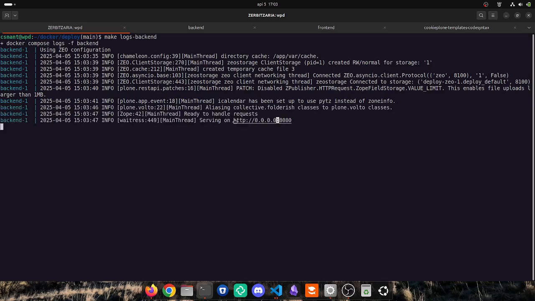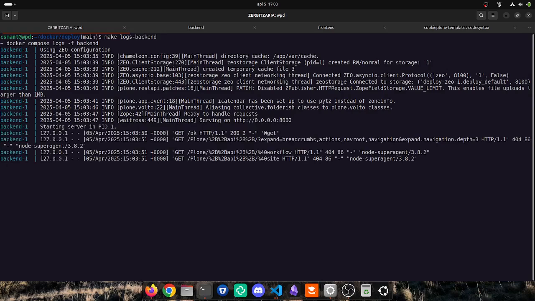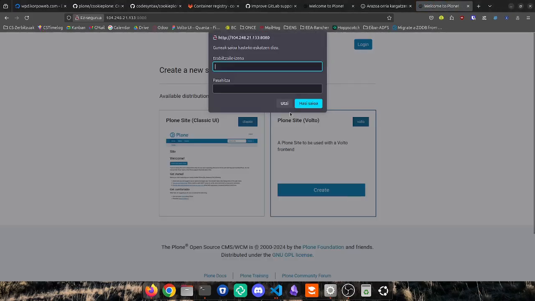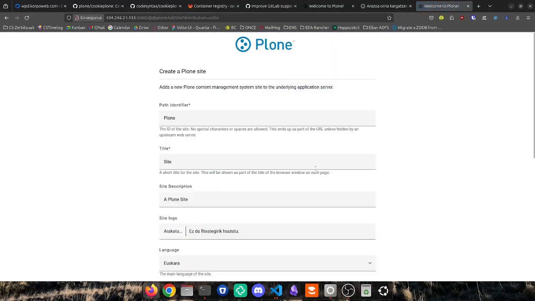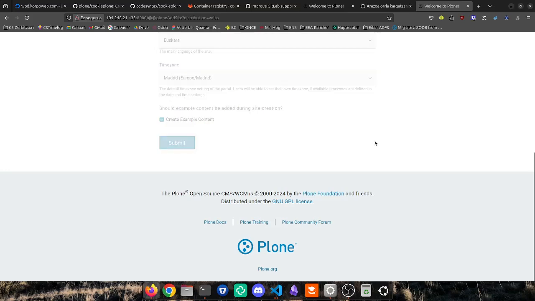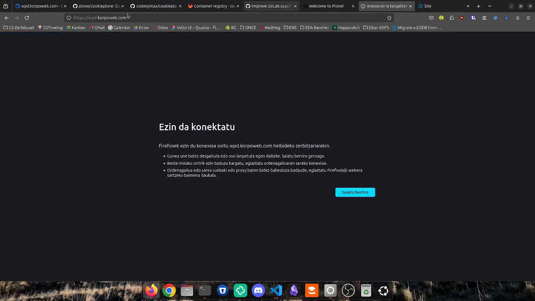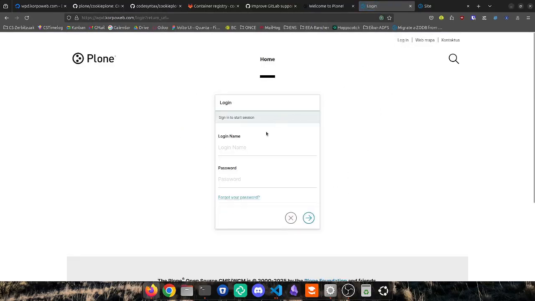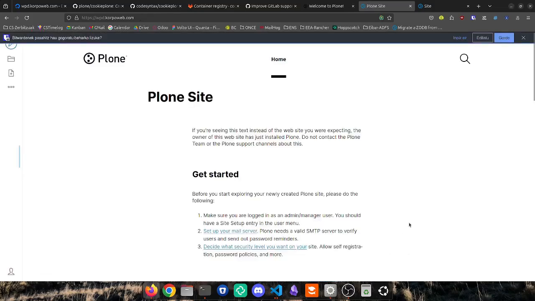Now we go to the browser and we create the Plone site like we did locally. We first go to the root of the site, we log into the Plone site, we create the Volto site. Yeah, and so now we go to wpd.corpoweb.com, the domain name that we have set for our project, and we can see that the Plone website is ready. We see it like we saw locally, so we can say that the server is ready,